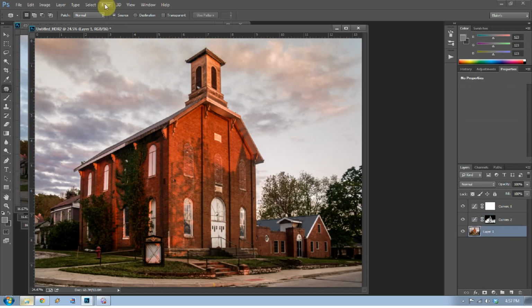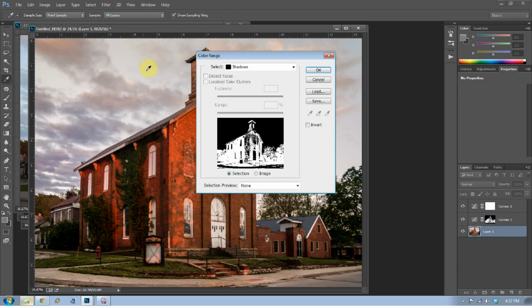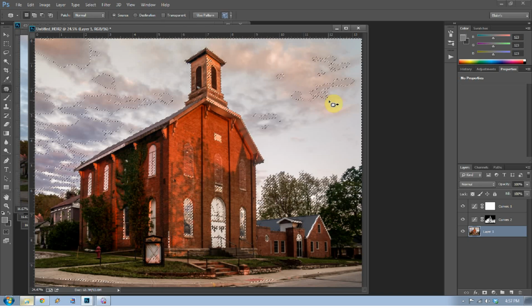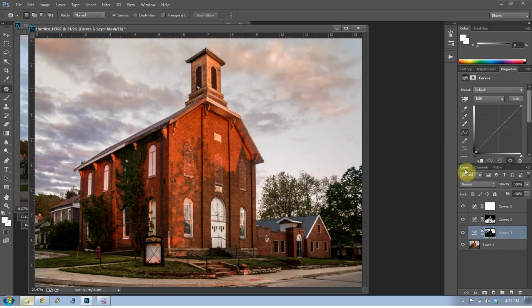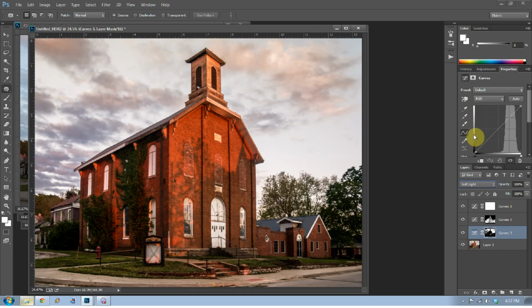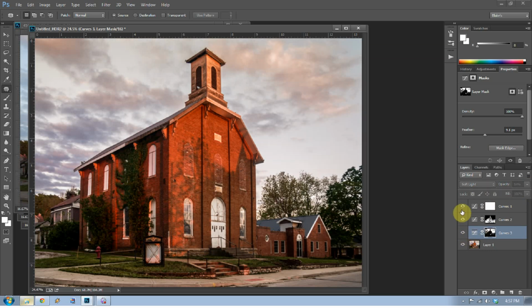So I'm going to do the same thing for my highlights and see what happens there. I'm going to select color range and go to highlights. And I do this to separate my lights and my darks from one another. I'm going to do another curves adjustment, and I'm going to see what happens when I set that to soft light. Again, it brings my lights out a little bit, but maybe a little bit too much. So I'm going to go into the properties of the mask, feather it just a little bit, maybe a little bit more for this one, and then bring the opacity down. So that's what we got right out of Camera Raw, and this is where we're at now. Just boosted things up a little bit.